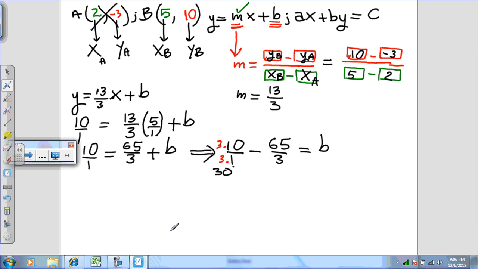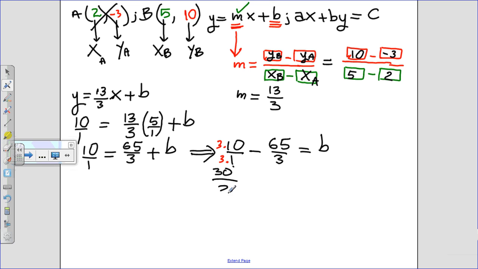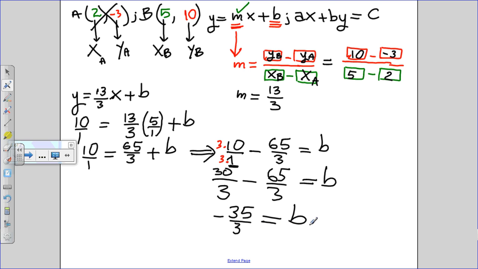Okay? In order for you to subtract these two fractions, you will have to find the common denominator. And to do so, we'll have to multiply this denominator by 3 and the numerator by 3. And so you will end up with 30 over 3